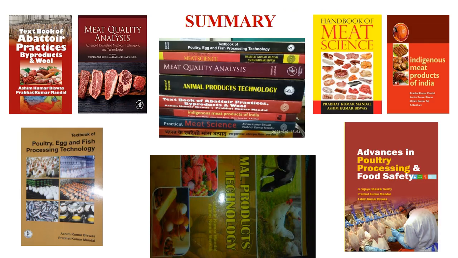So with this, we are at the end of today's lecture. Today we have discussed the composition and nutritive value of meat. We have discussed in detail the approximate composition, and then the protein, which is most important in the case of meat. We discussed different kinds of proteins and the amino acid profile, particularly essential amino acids and the biological value of protein. Then we discussed the lipids, different kinds of lipid, essential fatty acids, saturated and unsaturated fatty acids, and the false propaganda about red meat having only saturated fatty acid, which is not correct.